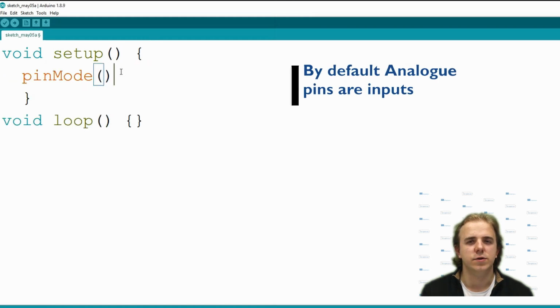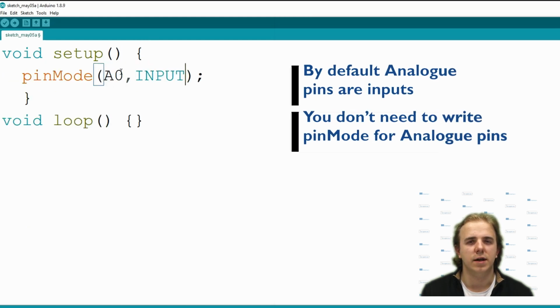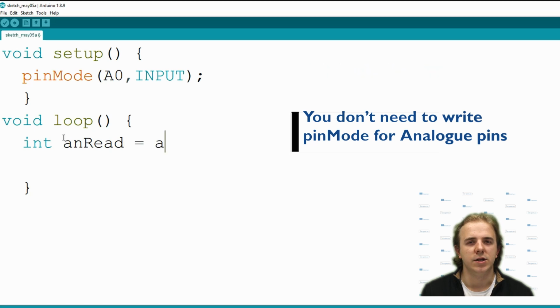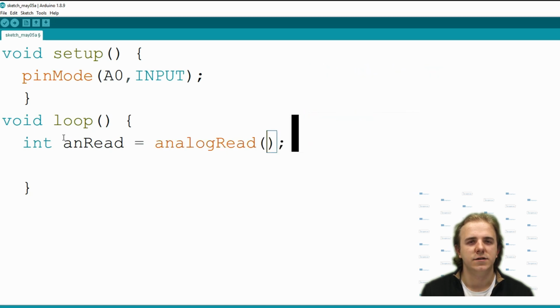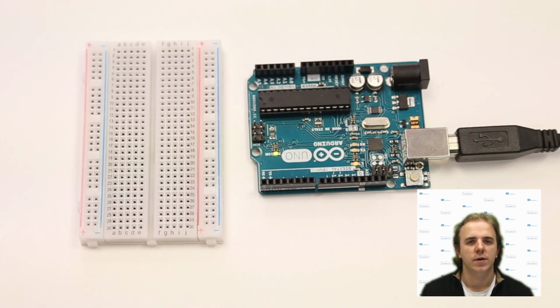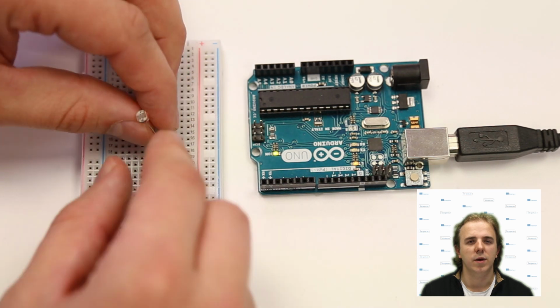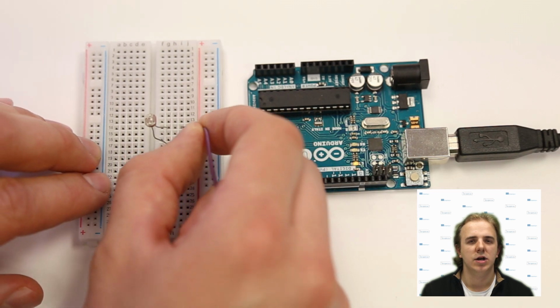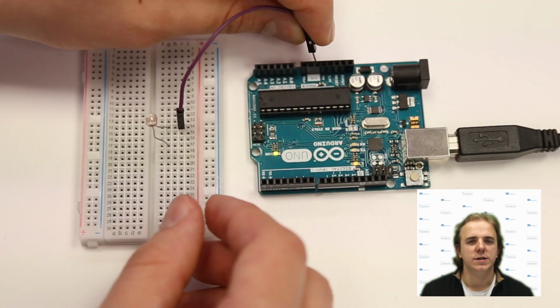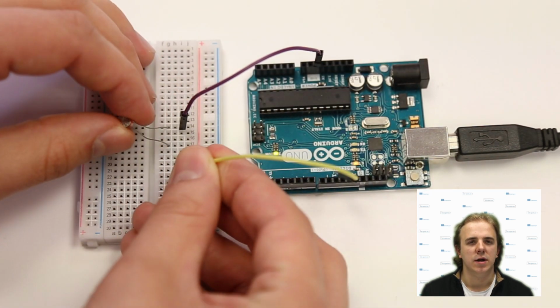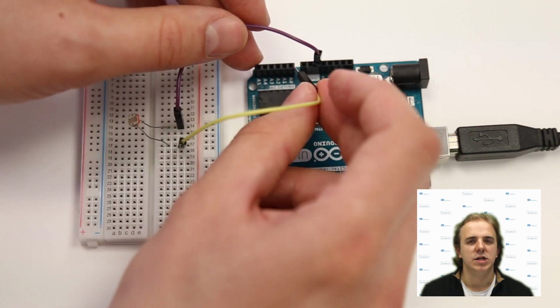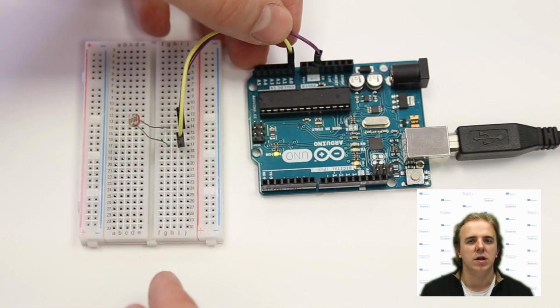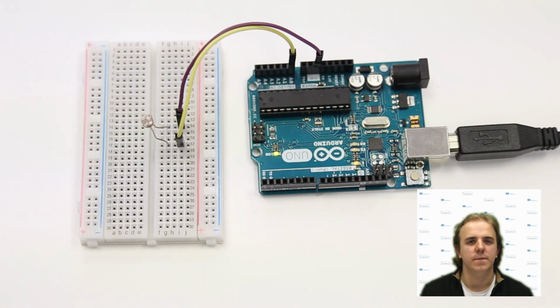Analog read reads voltage value of the input and converts it to number between 0 and 1024. Only pins with letter A before its number has this functionality. To demonstrate analog read, we will connect photoresistor between analog pin and ground pin. We will be using an internal pull-up resistor, but you can add an external resistor between the analog pin and 5-volt pin.